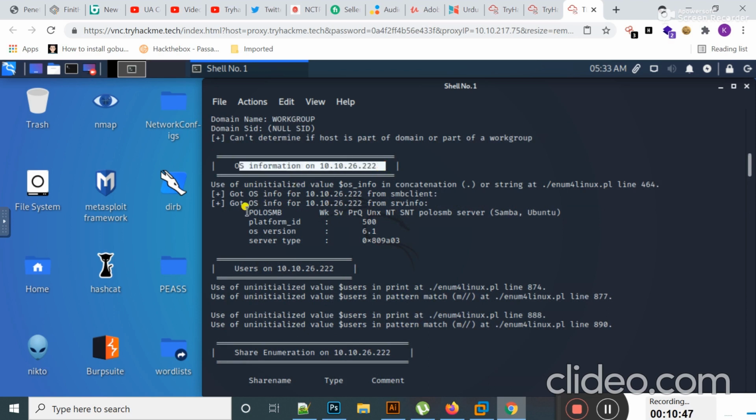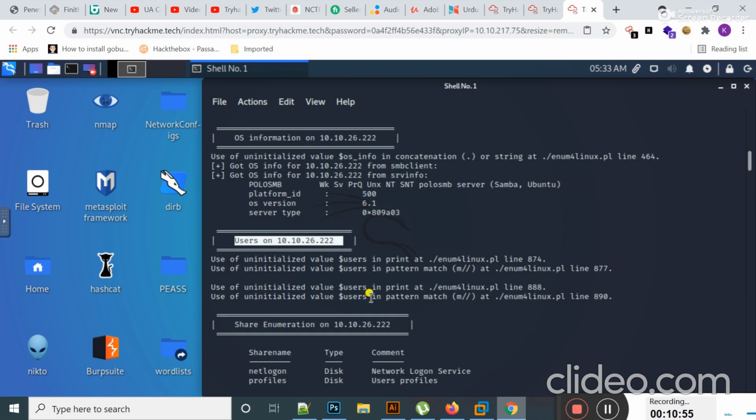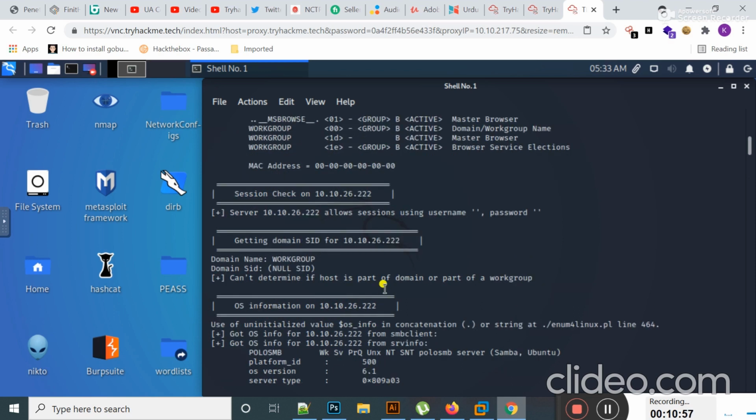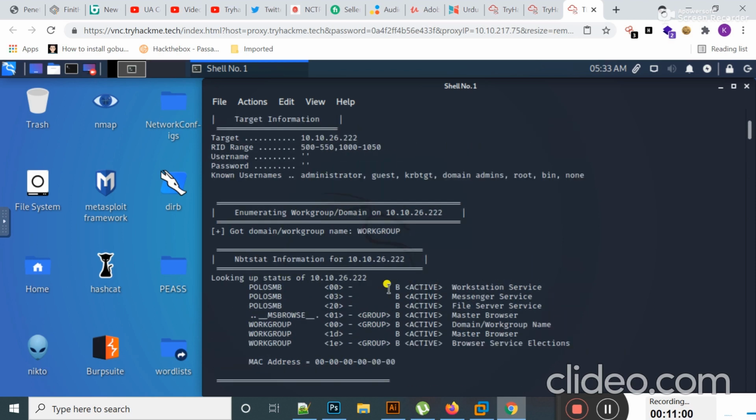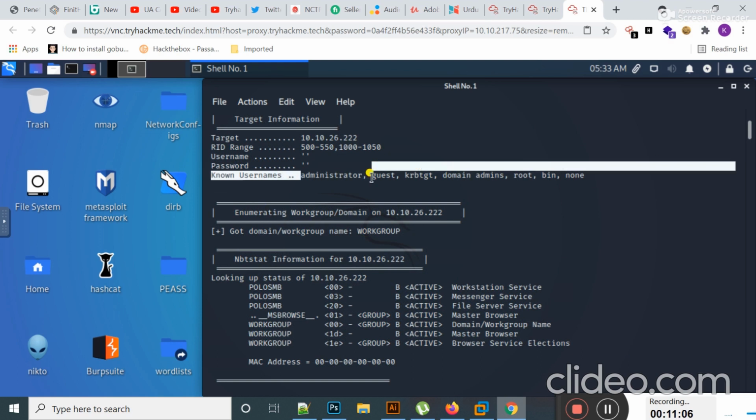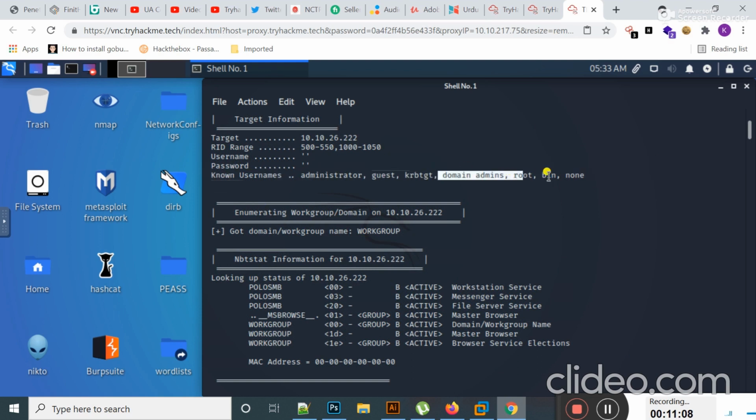You can see Polo SMB, this is actually the domain, and the users on this target machine. It tries to enumerate the users of this target machine. If I scroll up, guys, you can see the known usernames, that is administrator, guest, and then domain admins, root, bin.